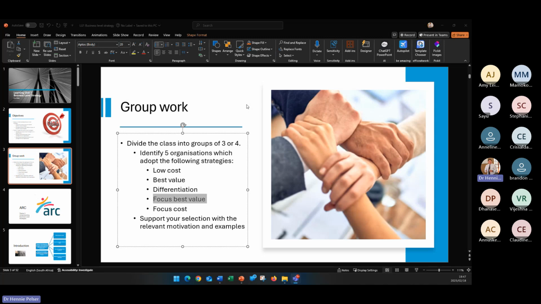So, in terms of those different vehicle options, here it would be the Renault Kwid. Here it would be the kind of Toyota vehicles that we see, the Corollas, etc. And those SUV-type vehicles, differentiation, BMW, Audi. Focus best value, definitely Renault, but the more upmarket Renault, they don't sell significant numbers in South Africa, at least. Focus cost, very difficult to find one, but I think back in the day, those Datsuns would have fit into that.